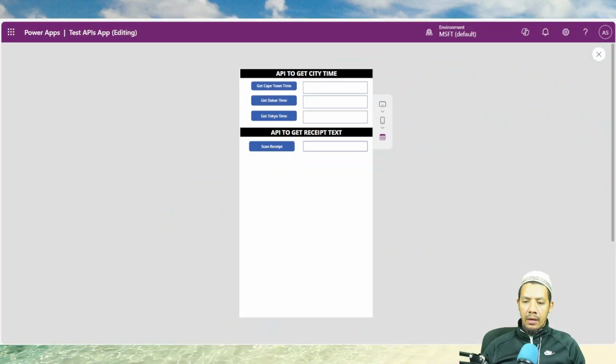Today we will look at creating custom connectors in PowerApps. Over here we have a Power App that connects to two APIs. The first one on top, the API to get city time, gets a time for these cities listed over here. So if I click on get Cape Town time,